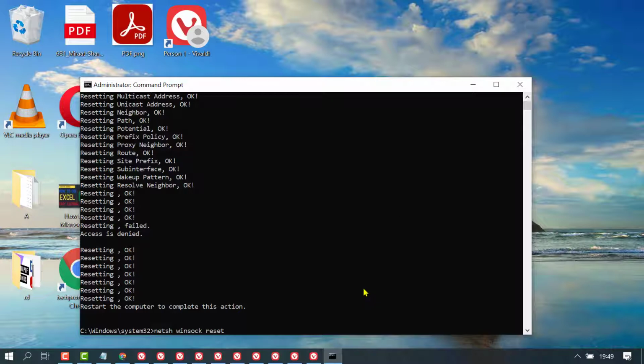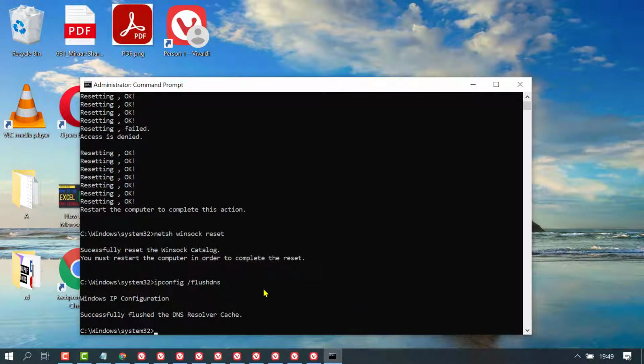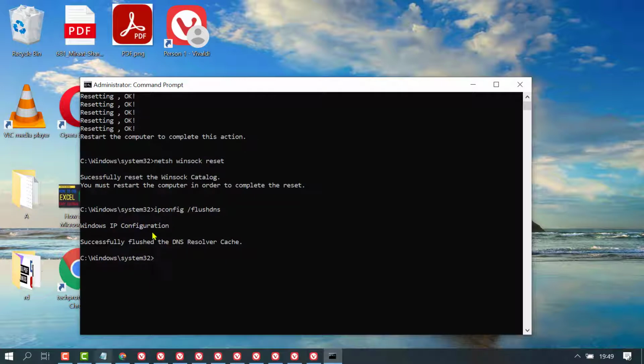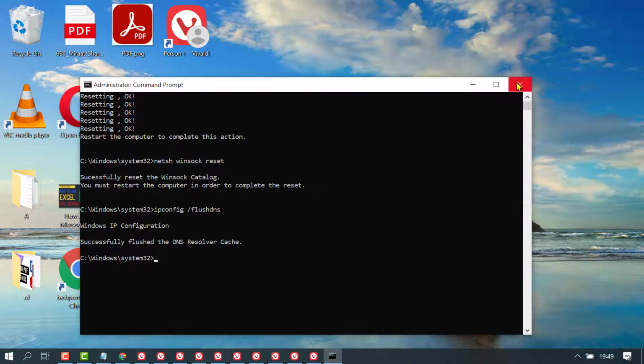So copy and paste and press enter like this. So you need to copy and paste these three commands, press enter every time, close it and restart